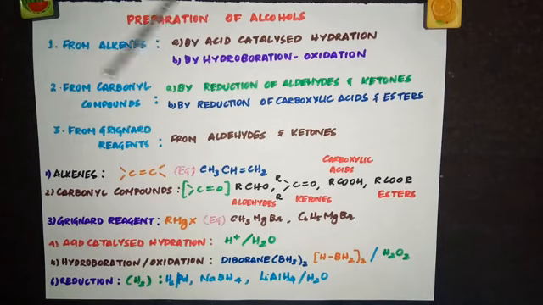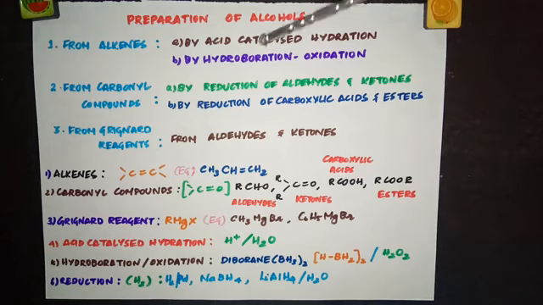And coming to the carbonyl compounds, by reduction of aldehydes and ketones, by reduction of carboxylic acids and esters. And again, you know what is reduction? Addition of hydrogen. You can use different reducing agents like hydrogen with palladium, or instead of palladium you can use nickel also, sodium borohydride, lithium aluminium hydride, or both lithium aluminium hydride and water in the next step. So these are examples of reducing agents. When you add hydrogen to the starting material, we call that reaction reduction.